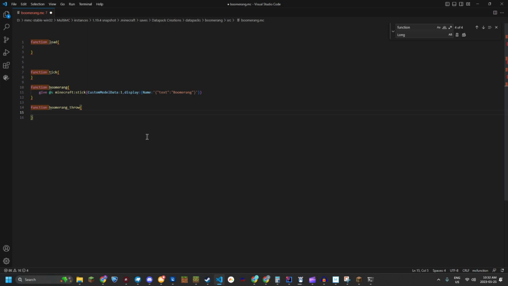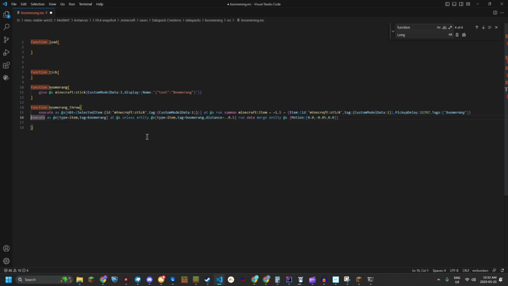All right. Now we got to create the actual function. Now it wants us to create a new function called boomerang throw. And we're going to add these 2 lines of code to it. So I'm just going to hit copy, make the function boomerang throw, and paste those 2 lines of code. I'm just curious what's happening here. So execute as anybody holding a carrot on a stick with the custom model data 1. True. Then we're going to summon,